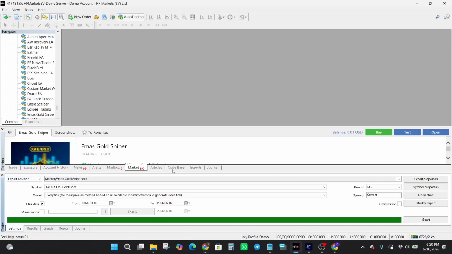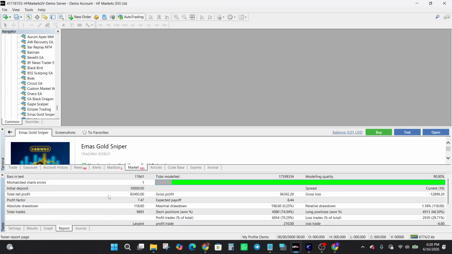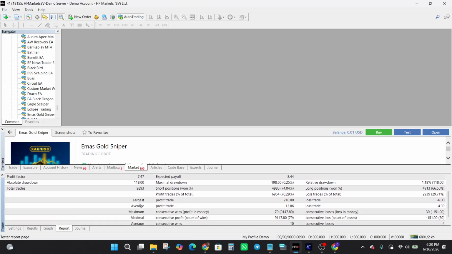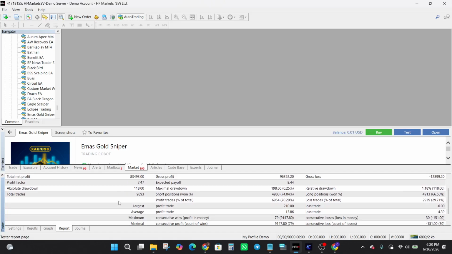All right, now let's head over to our strategy tester and see how the EA performed over the past 3 months. So we're testing the EMAS Gold Sniper on XAUUSD, of course, on the M5 time frame as recommended, using every tick modeling. Looking at the reports, from an initial deposit of $10,000, the total net profit made was over $83,400, precisely $83,493. The total trades taken were 9,893, out of which 6,954 were profitable,